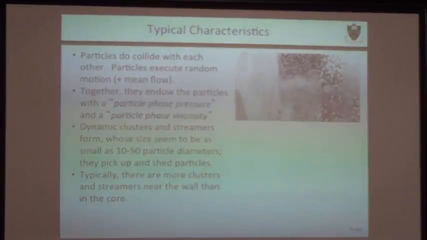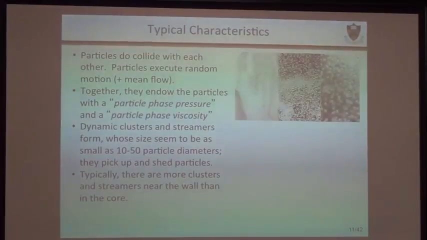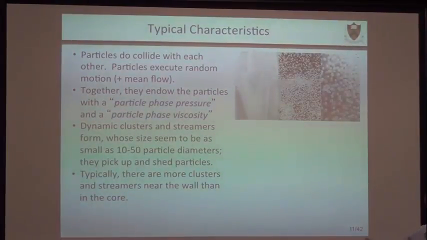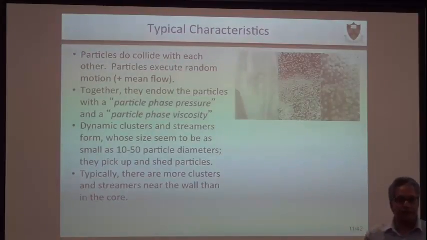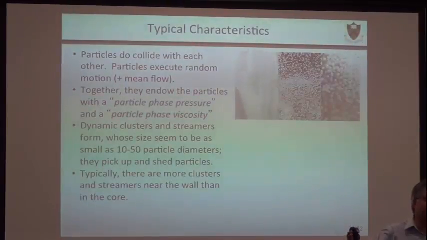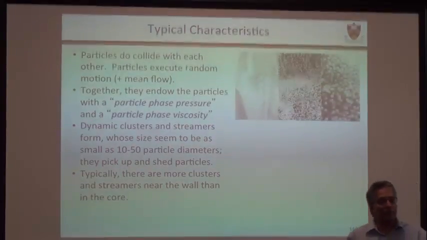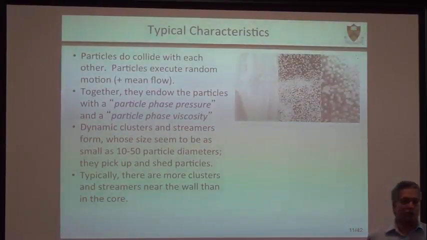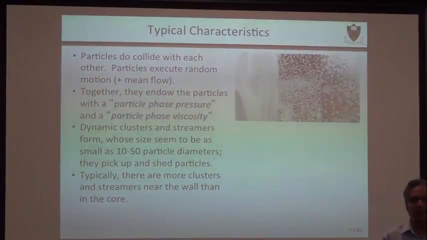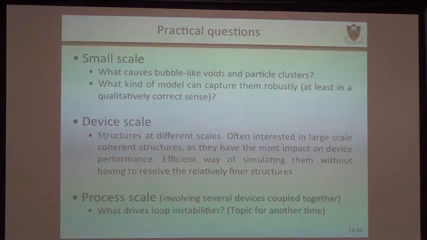Typically you find that there are a lot more of these clusters at the wall than in the core. That's why you see so many particles at the wall, they all fall down, there's nothing to support them compared to the center. In single phase turbulence, we talk about how the fluctuation energy is different near the wall and in the core region. But here, in addition to that, the particle concentrations also pick up lateral variation, which then sets up secondary flows, and we need to understand how those flows happen.